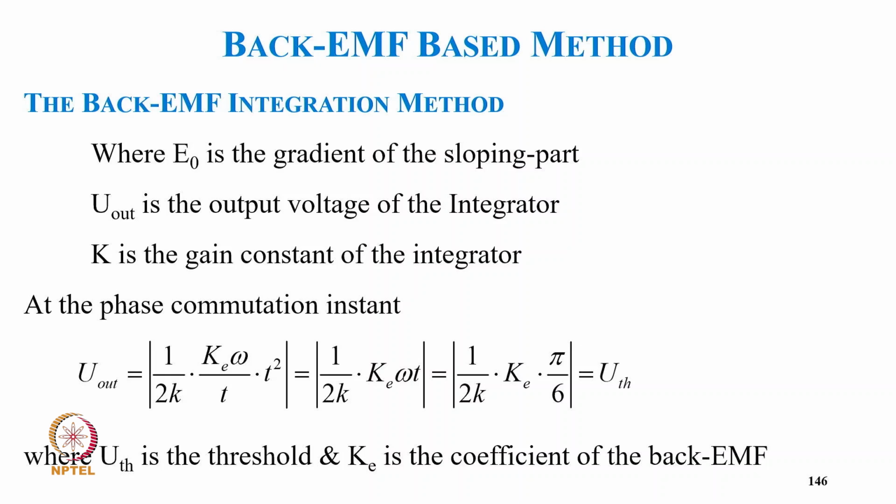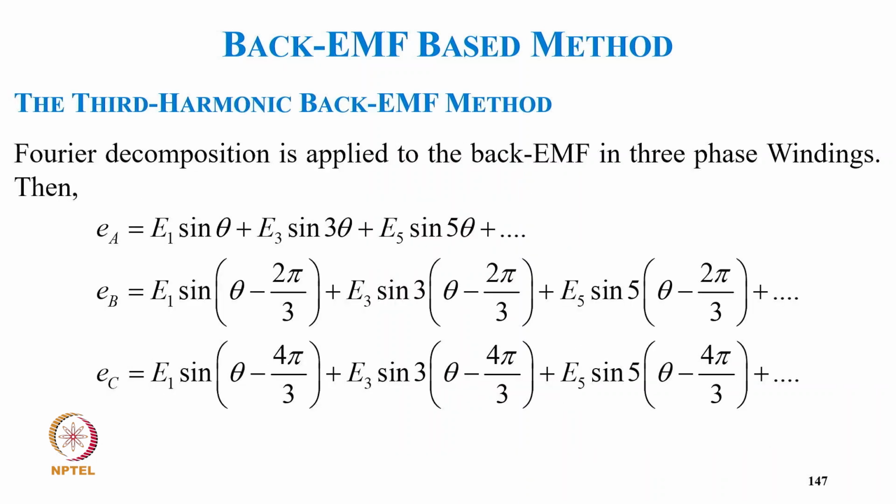K is the gain constant of the integrator, and at the phase commutation instant U out equal to absolute value of 1 upon 2K Ke omega upon T into T square equal to 1 upon 2K into Ke omega T equal to absolute value 1 upon 2K Ke 5 upon 6, equal to U threshold, where Ke is the coefficient of the back EMF. So now coming to the third harmonic back EMF, the Fourier decomposition is applied for the